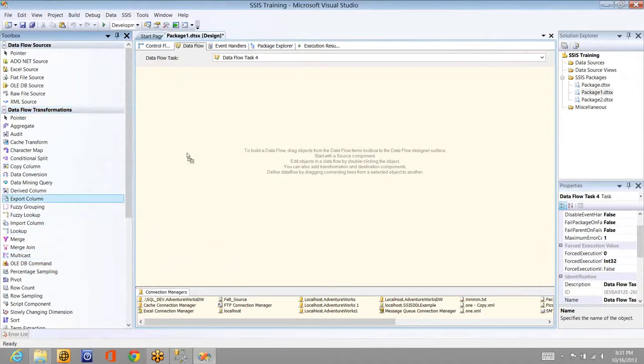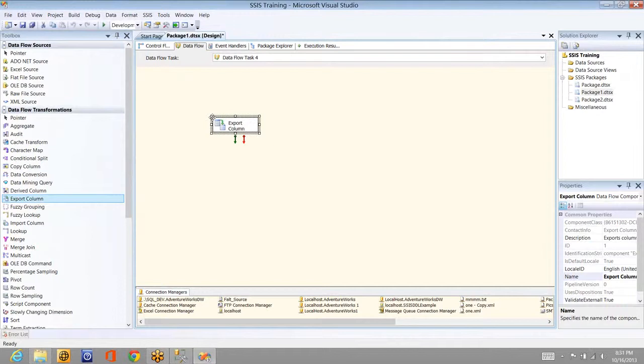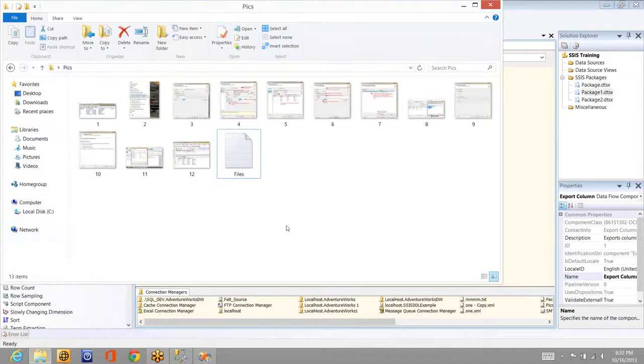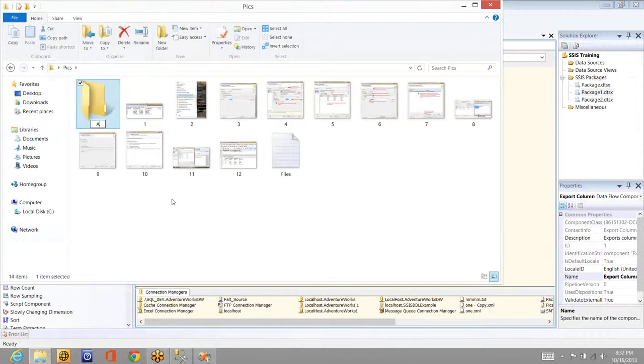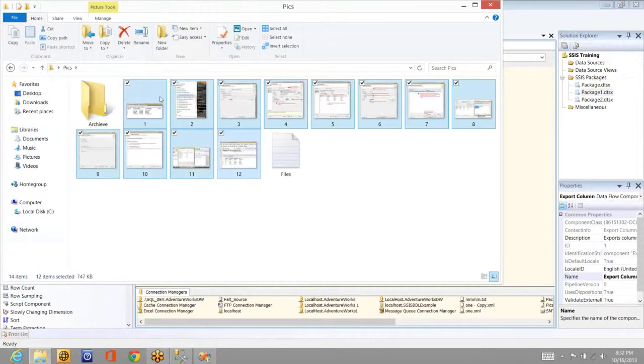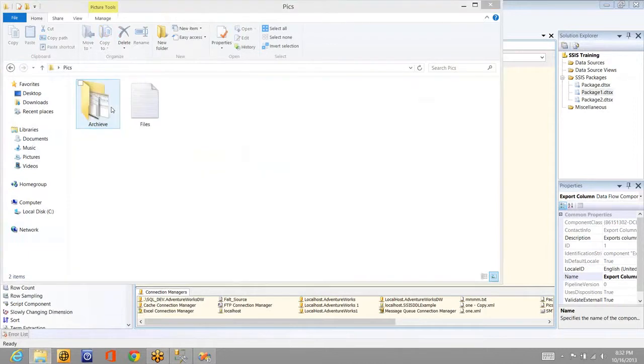It is here. So what will this do? This is the reverse process. It simply takes the data from the database and converts it into files. Okay, let's see how it is going to convert. For doing the same, I'm creating a new folder here, and I'll name it archive. Don't worry about the spelling if it is wrong. I'm moving all the files into the archive. Why? Because I'm going to copy the files from the database to this particular folder.